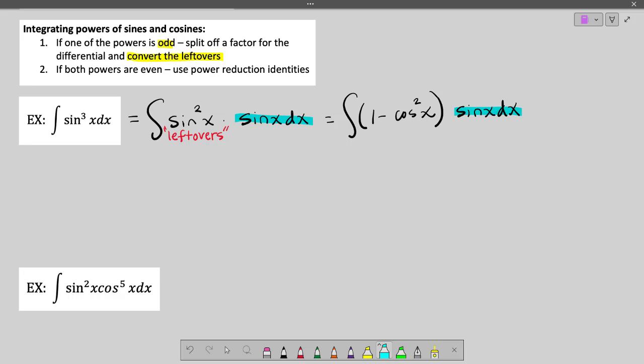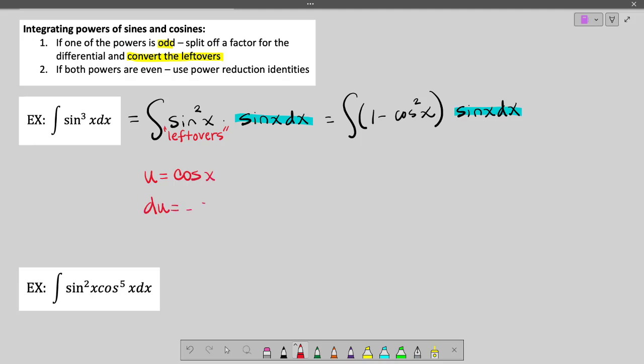What u would we choose? So if we let u be cosine of x, what is the derivative of cosine? Negative sine x. Everyone agree? Negative sine x. And that's in the blue box over there on the right. So the whole idea of converting the leftovers is to convert into the function whose derivative is what we peeled off. So if we let u be cosine of x,